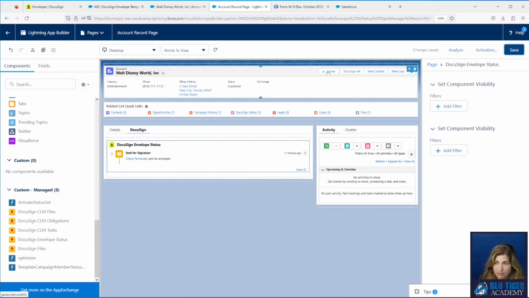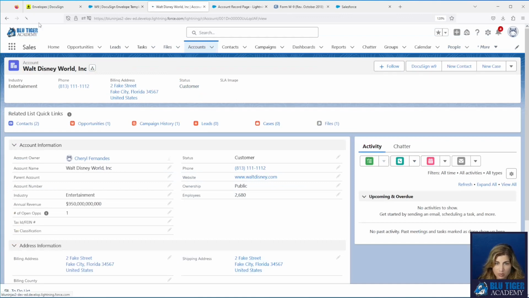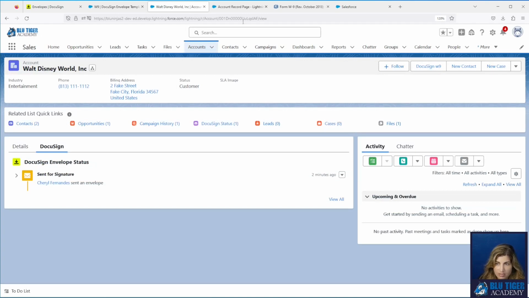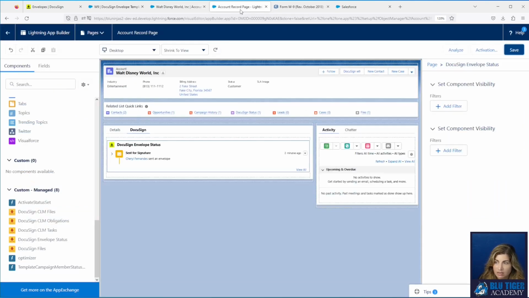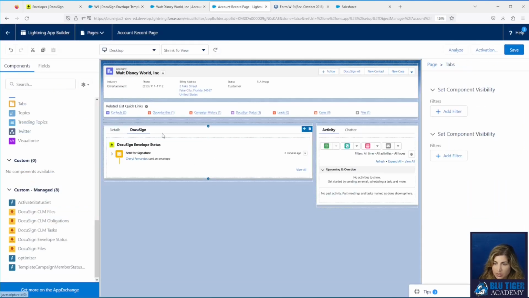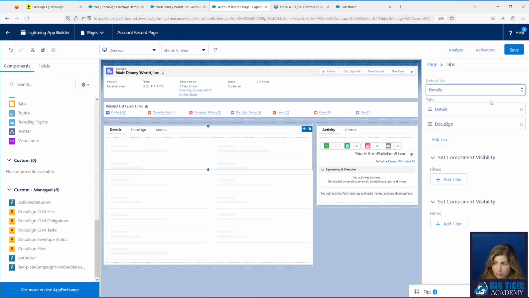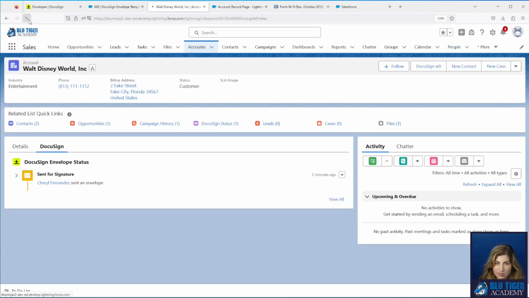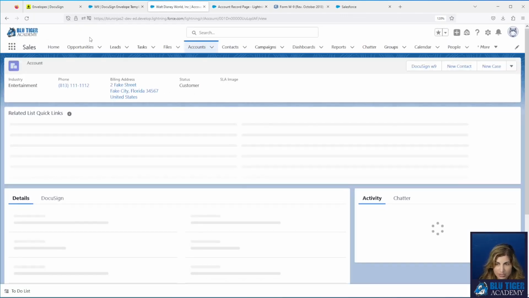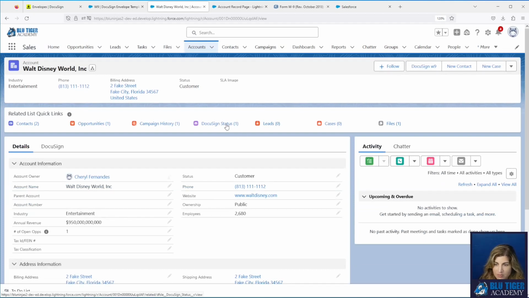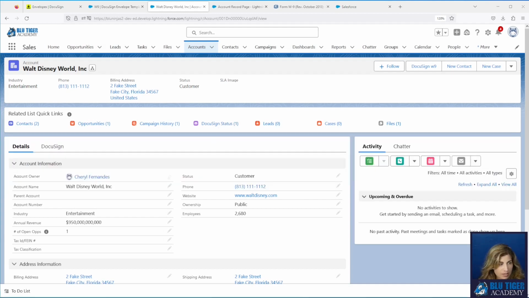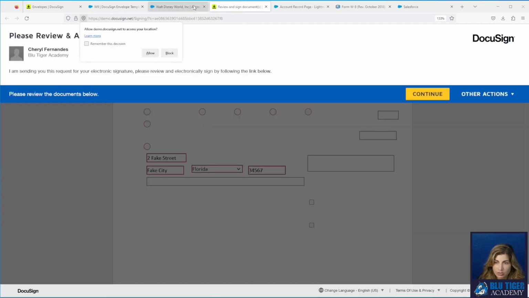You click save. And then we'll come back to our account record and refresh. We can see that our DocuSign status is there, but we don't want that to open up to that section. We'll change it again because I know we changed it once. Okay, let's refresh and make sure that our record opens up to our details page. It does. We've got our DocuSign status record right here that says it was sent out for signature. Now what we'll do is we will sign this. Show you what this looks like.